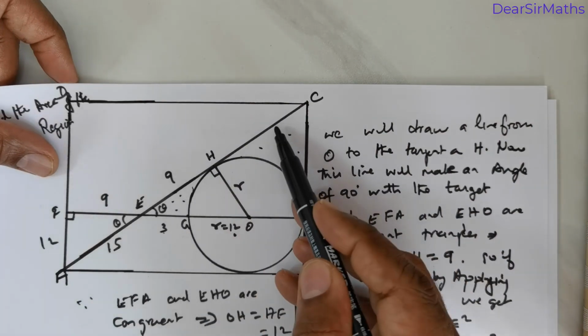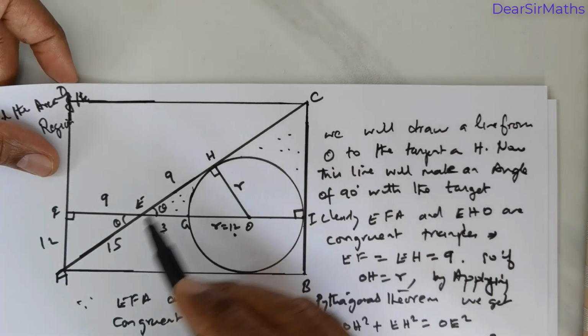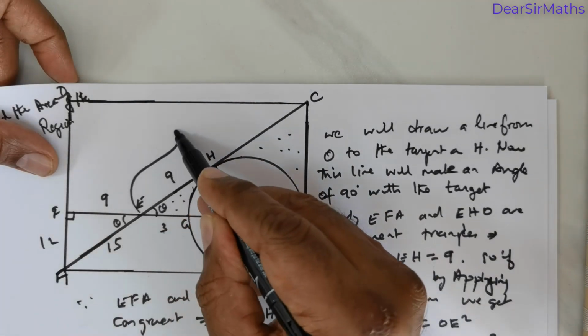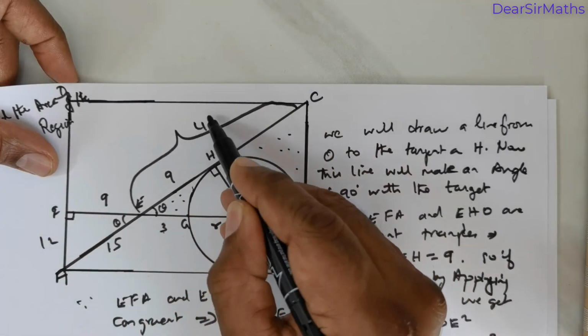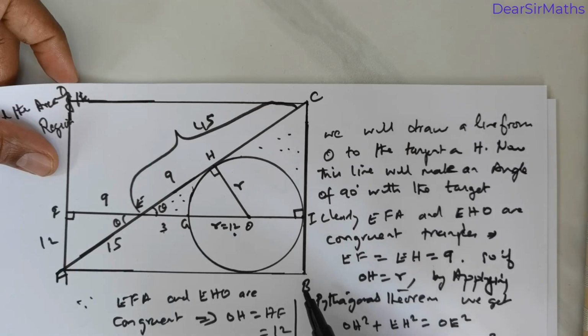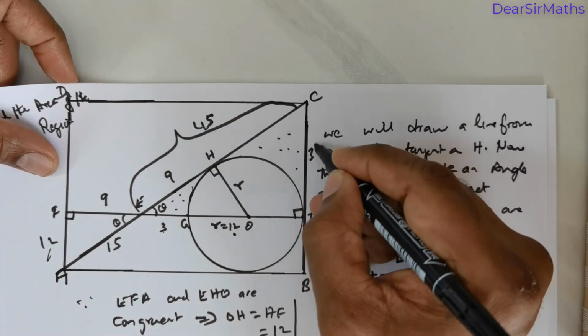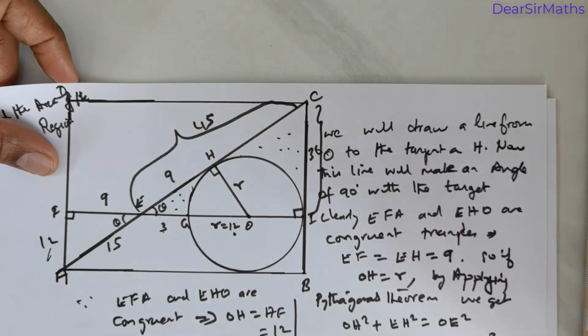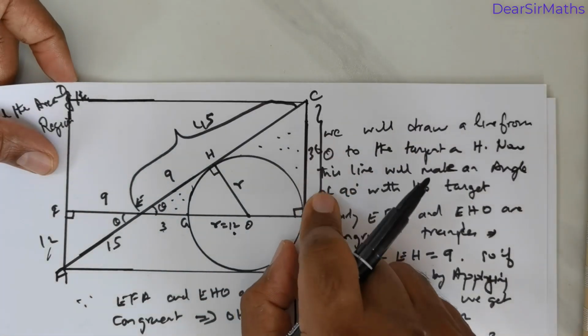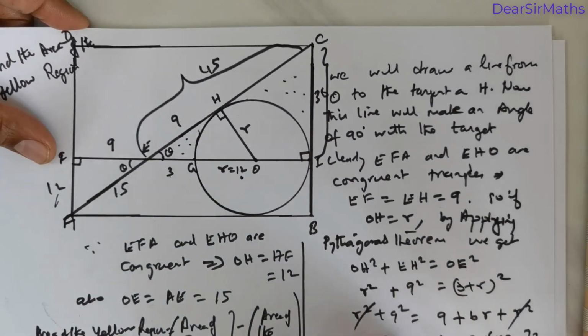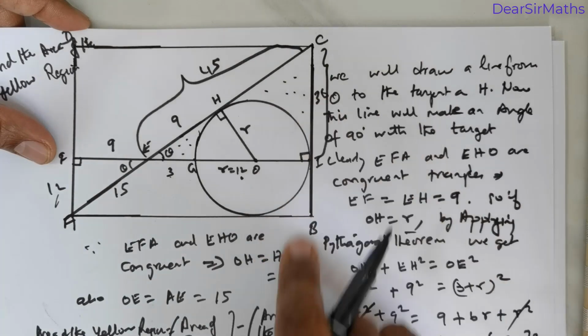Now, I don't know the hypotenuse here, but I know the hypotenuse of this side is 15. So this is going to be 45. I know this is 12. Aspect ratio is 3. So this is going to be 36. So clearly I have the area of the triangle here. So what is the area of a triangle? Base 27 times height 36